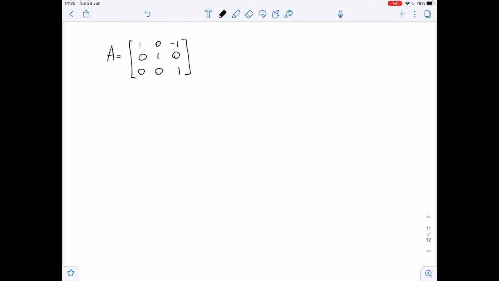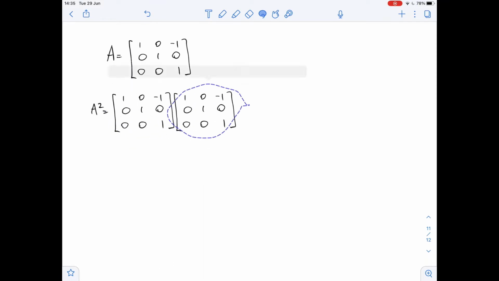So we need to use the definition of the matrix exponential to compute e to the power of A for the following matrix A. Let's start by finding A squared and A cubed. So A squared equals A times A. So we get